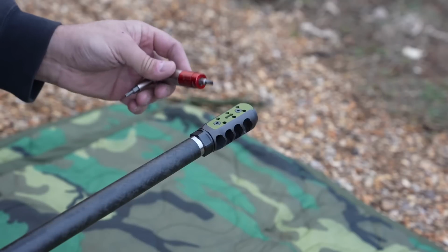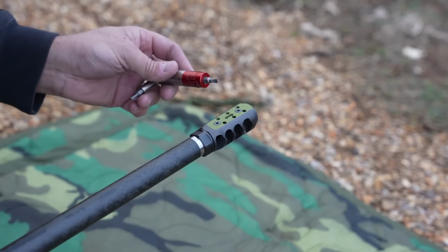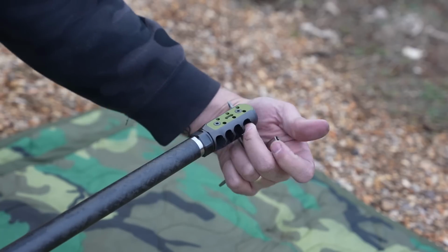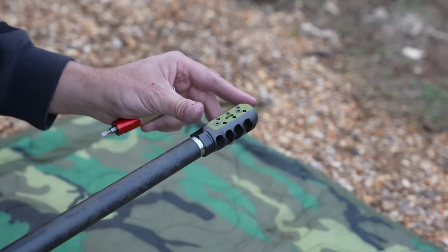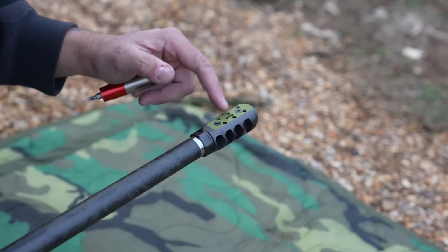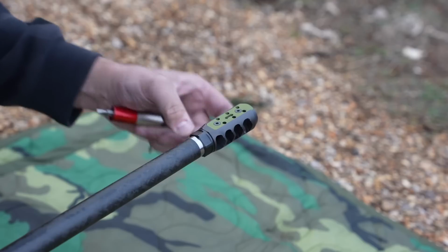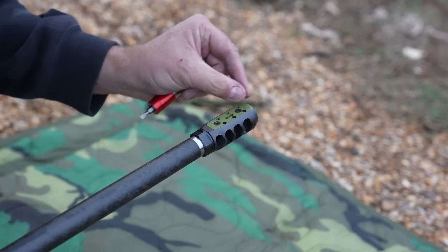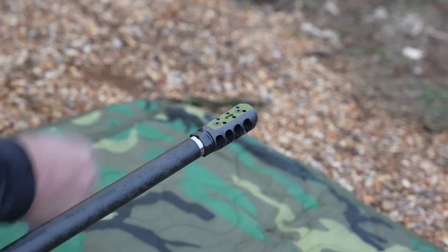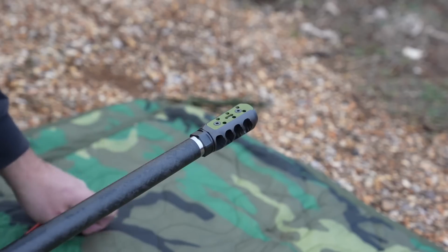Well guys, I figured I'd take a minute to talk about the MDT competition brake. These are literally my first 7 to 10 shots with it, and it's a 3-port brake, but it also has these little holes up on top. If you loosen these screws up here, there's a plate in there where you can slide and tune this to where you really like the feel. Right now I've got them full open, so of course the gases are coming out and back,